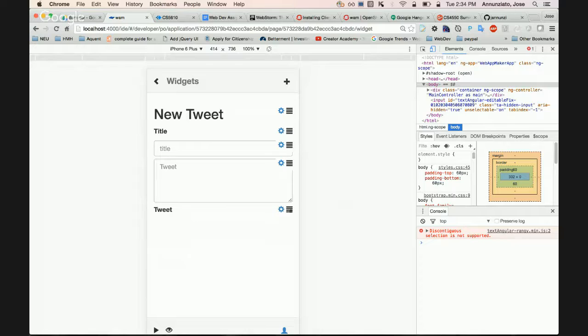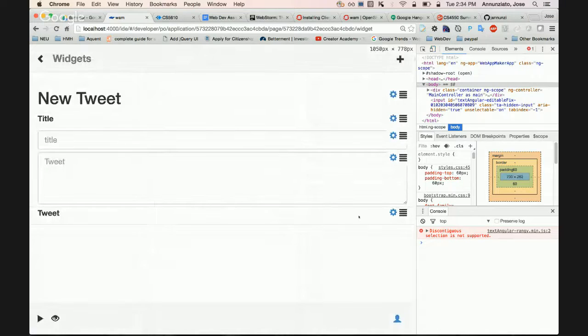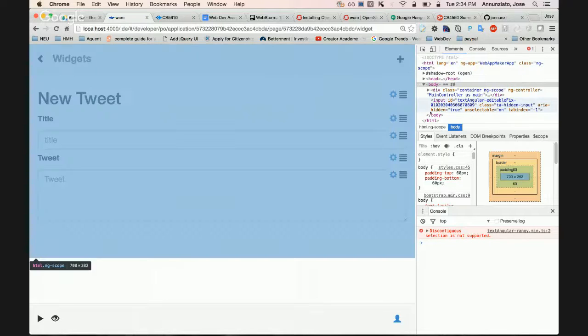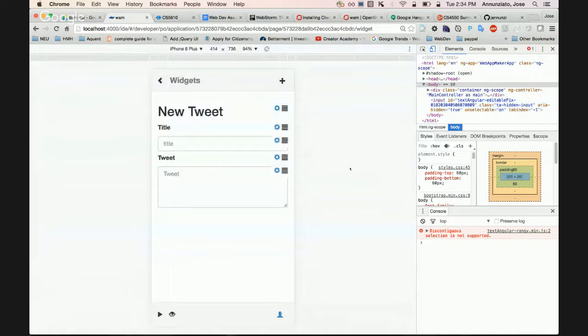Okay, and I can move this, right, and rearrange this and put them. I thought I could. Really? Okay. On the phone is not working. I thought I fixed that. Anyway, I can rearrange the widgets, right? So I can relay out my page and move different content around.